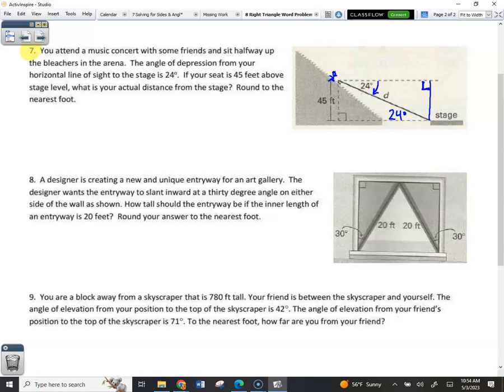Thank goodness you don't have to draw the picture. It's already there. You should notice that this picture is more than I really need. I only need one side of this, right? If you look at it,